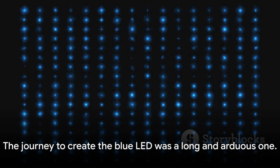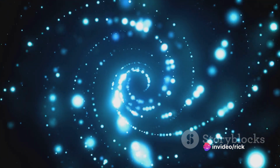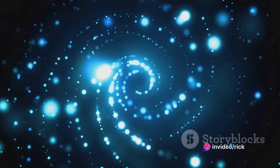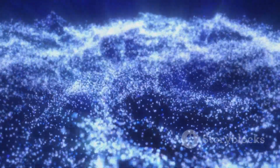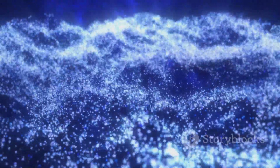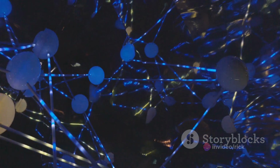practical use. So to summarize, the journey to create the blue LED was a long and arduous one. It started with the search for a suitable material, which led to the discovery of gallium nitride. This was followed by the challenges of growing a single crystal and doping it to emit light, and finally the task of making the LED bright and efficient. Each step was filled with trials and tribulations, but in the end, the blue LED was born, a testament to